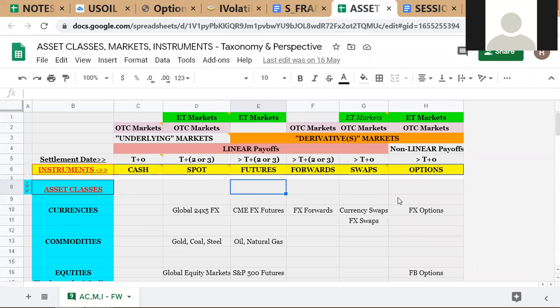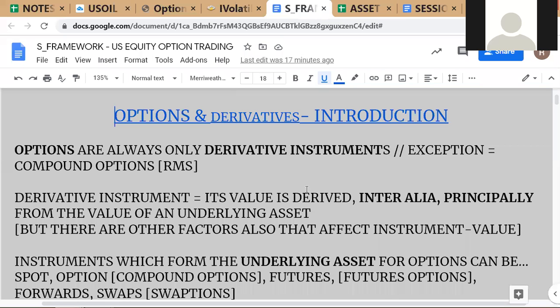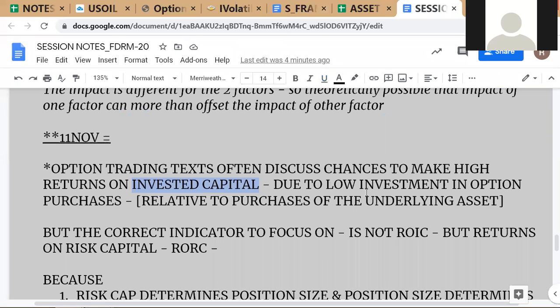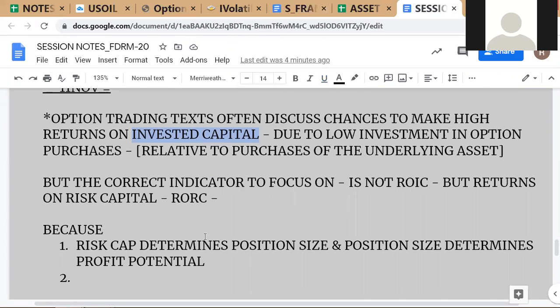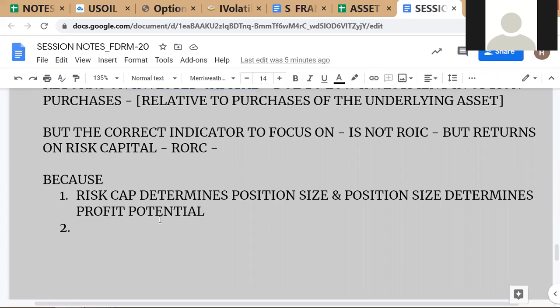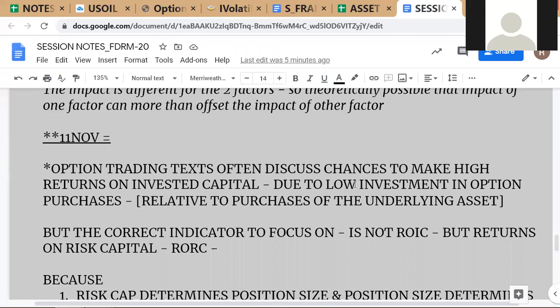But what does not change is the risk capital. If you have risk capital limits, the investor is not going to accept a loss greater than $10 million. You can trade in spot, forwards, swaps, options, whatever you want, but just make sure you don't lose more than $10 million. So risk capital is the true measure that you have to focus on. Risk capital determines position size, and invested capital requirements